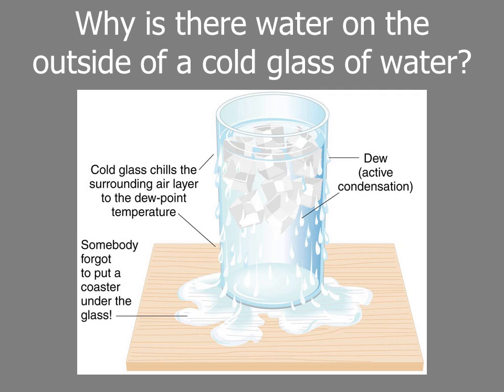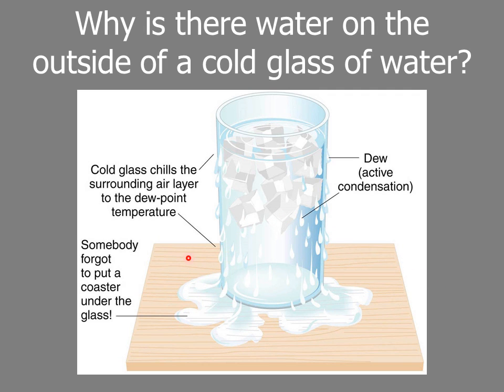Here is a glass of water. Right, so here we have a glass with ice cubes in it, and it's very cold on the outside. And you see this in Phoenix a lot, especially right now, and well, for me right now, but in the monsoon seasons when we have high relative humidity, that when the outside air comes in contact with your cold drink,